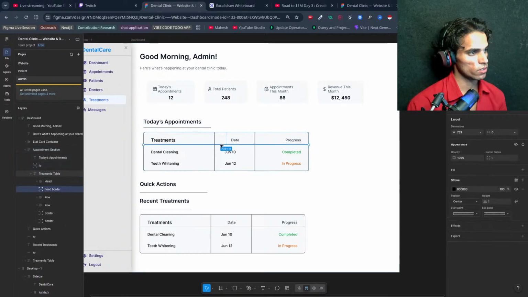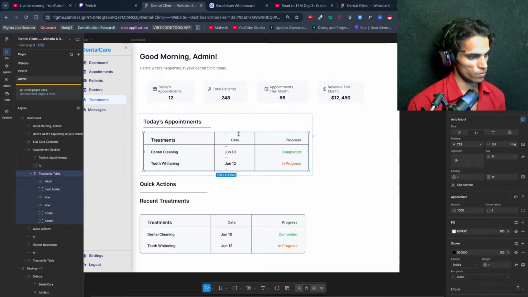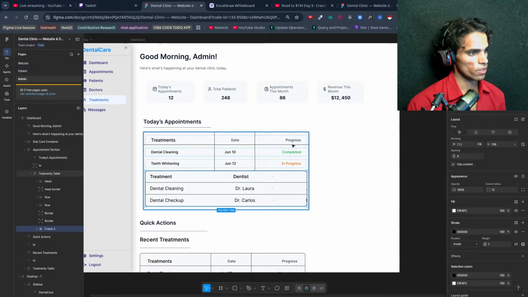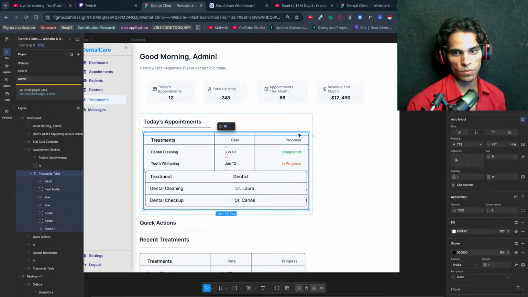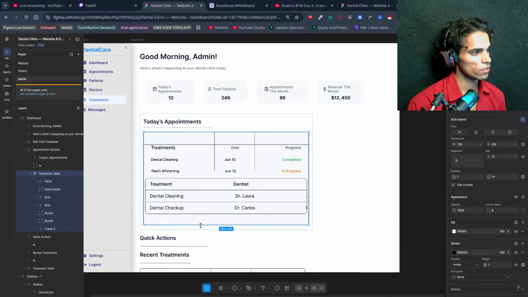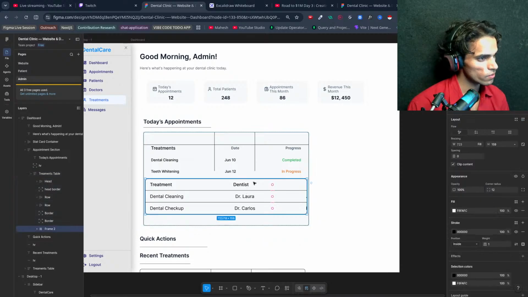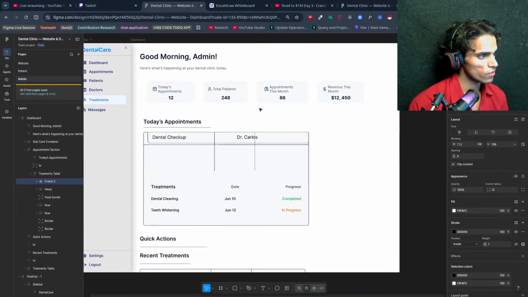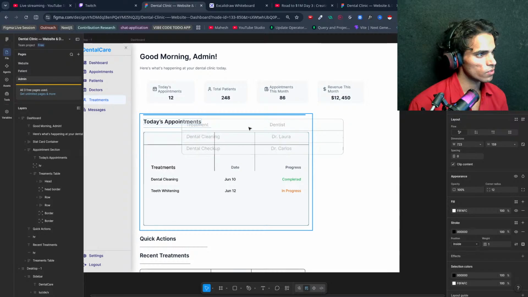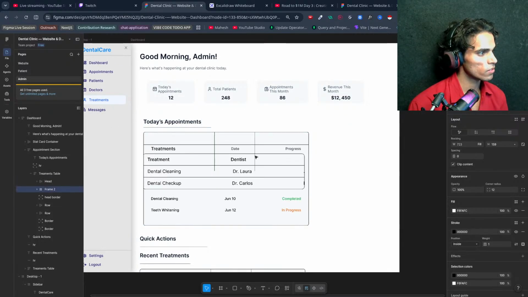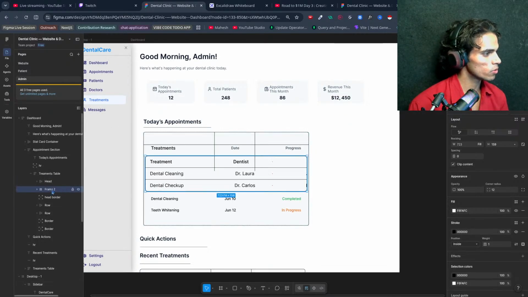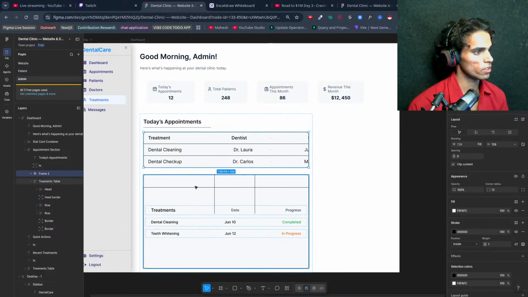Okay. And I would like to remove this table. The frame 2 will be here, okay, not like this.